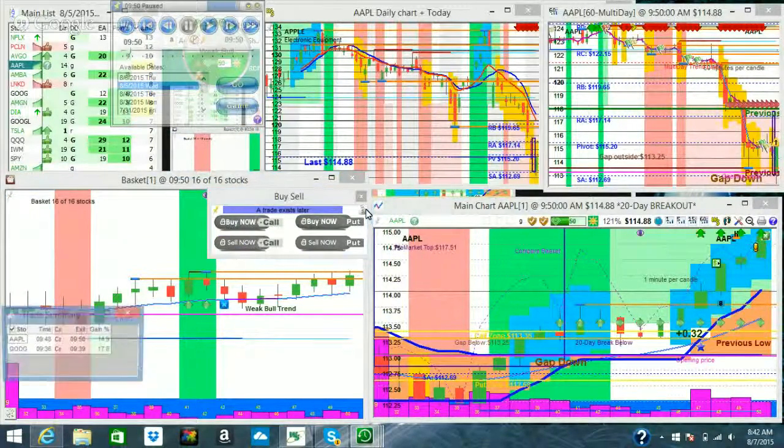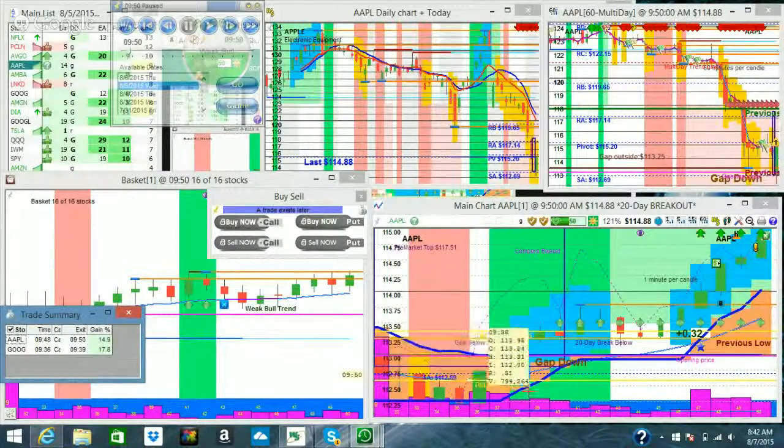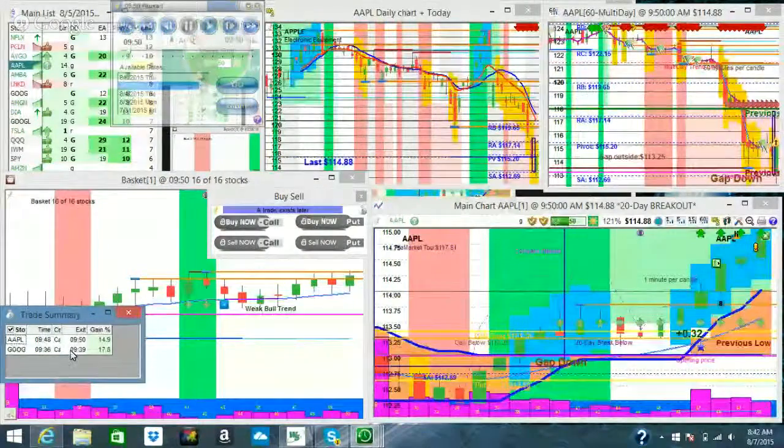So in review for the day, I'd say a really good day, because you only had to trade for the first, let's see, yeah, 20 minutes, so not too bad. We had two trades, and we averaged about 15.5-ish%. First trade, Google, 936. We bought a call. We got out at 939, so 3 minutes. We made 17.8%. Apple, we got in at 948, got out 2 minutes later with 15%. So not a bad day, and let's go do something else with our time.